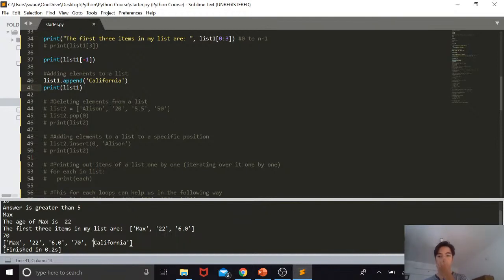Suppose we want to delete a particular item from a list. What do we do? Alright, so the pop function out here lets us delete an element index wise. So by index. So when we want to delete an element from a list by index, we use the pop function, and